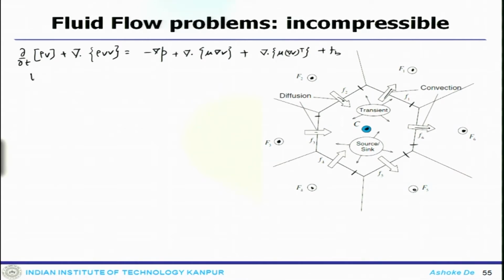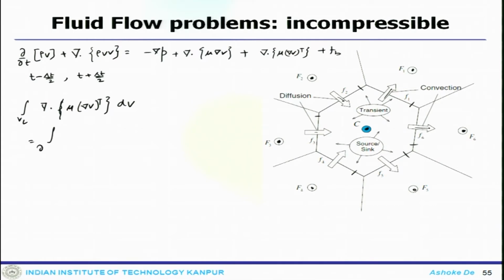Now, you want to discretize this within the time interval t minus delta t by 2 to t plus delta t by 2. One can take the volume integral and convert it to a surface integral, as we have done. So, if we go about it that way, we look at the system term by term. First, look at this term, which is essentially del dot mu del V transpose dV.